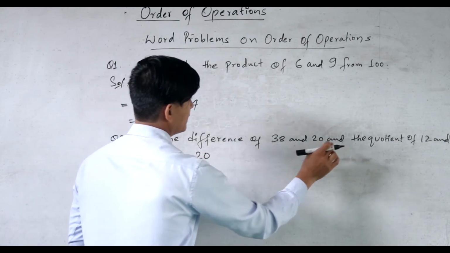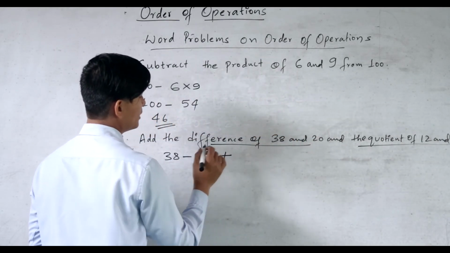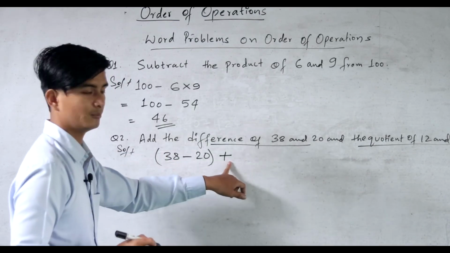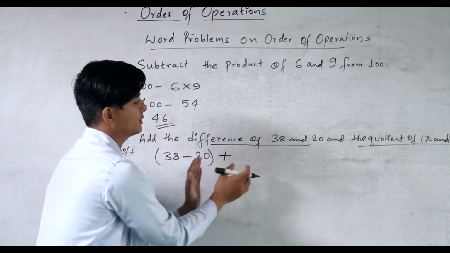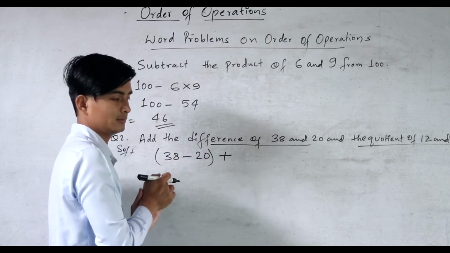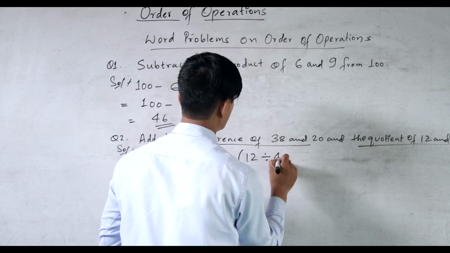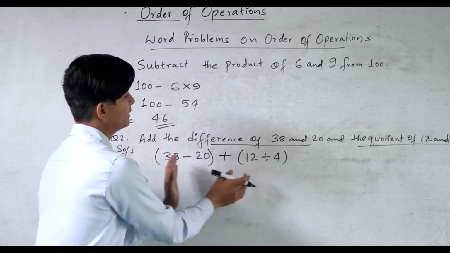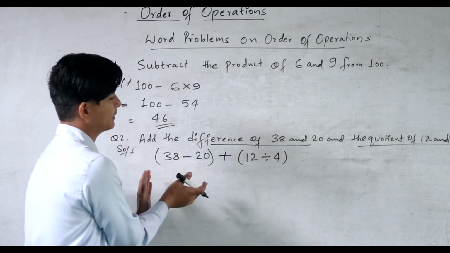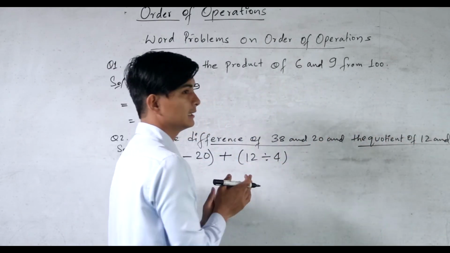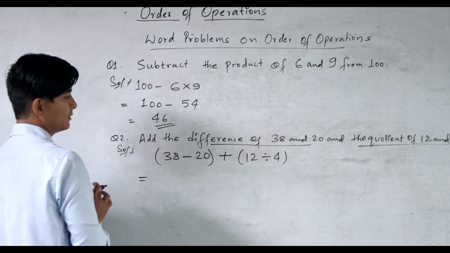Difference 20, and there are two different parts separated here, and in place of 'and' you have to put plus, because it says add this and this. That's why we have to write the two different equations, and in between we have to give the addition sign. So 12 divided by 4. Why I'm giving brackets here is that these two equations are separate, so putting 38 minus 20 in a bracket looks better, and putting this one in a bracket makes it easier when you solve. So that's why I'm giving brackets here. So first what you have to do is subtract these two,